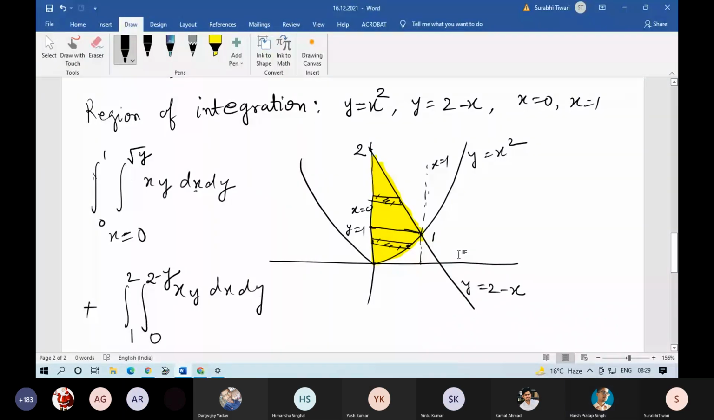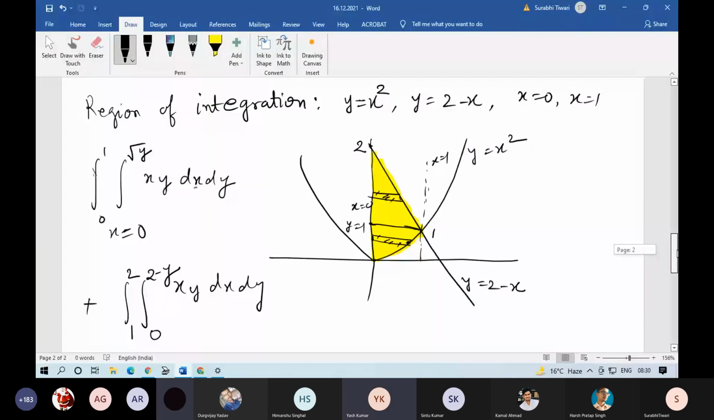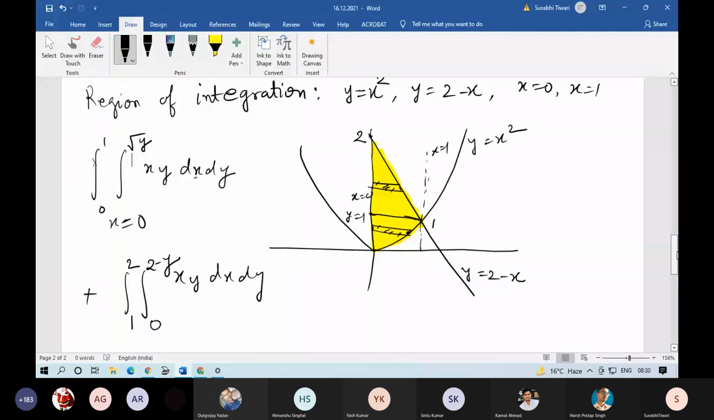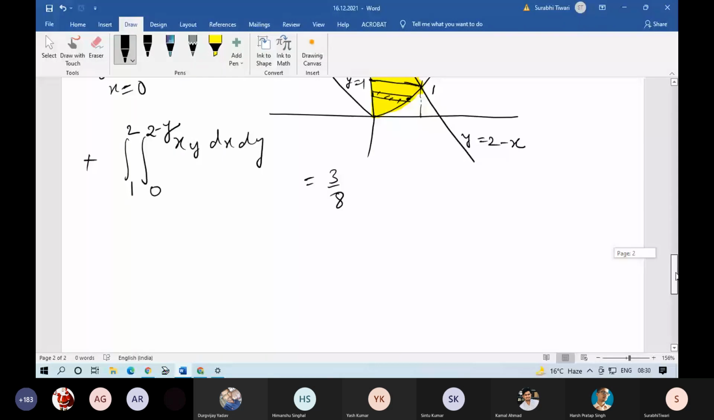हाँ आंसर आ गया। थोड़ी प्रॉब्लम हो रही है आज नेट में यहाँ पे। 3/8 आ रहा है आंसर, 3/8. Now next question देखते हैं एक और।